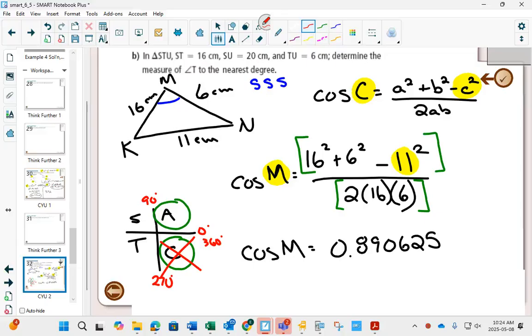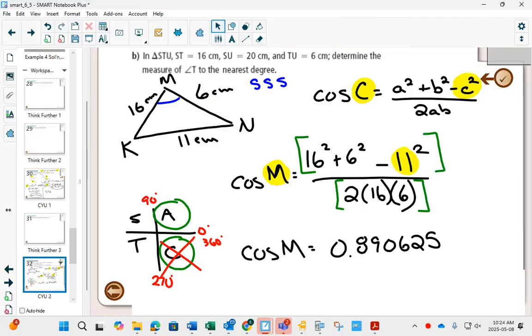Because with the sine law, sometimes both quadrant 1 and quadrant 2 work. With the cosine law, quadrant 4 is never going to work in a triangle. Like, it's just obvious you can't have one angle in your triangle already over 270. But you still have to think about that. So you'd